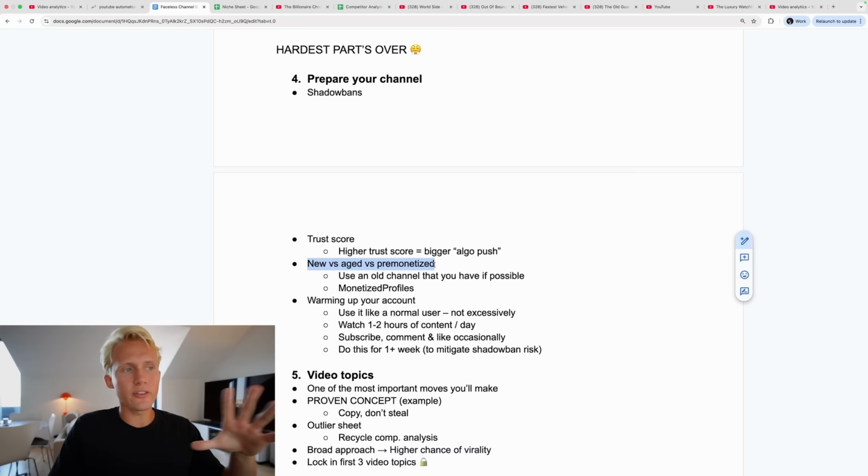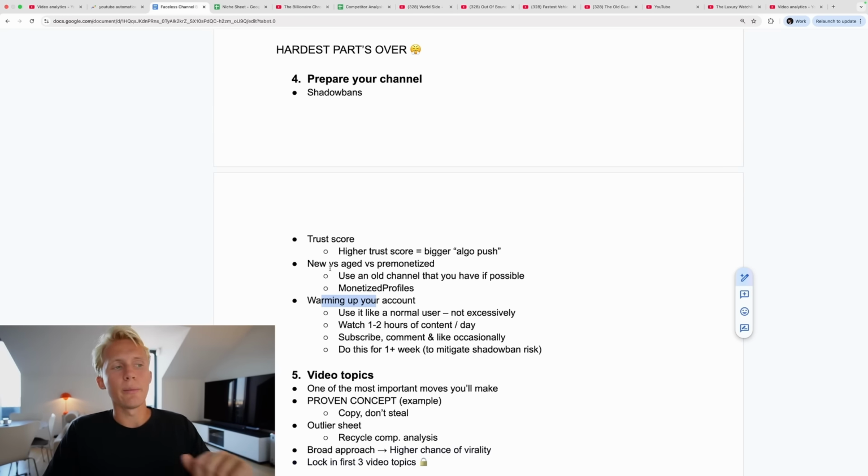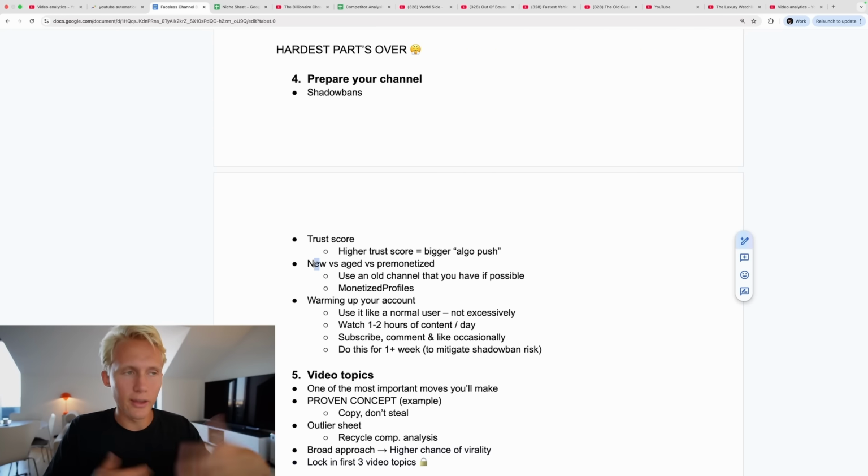And the main differences between these 3 channels, the new ones, obviously since they are very recently created and added to the platform, the trust from YouTube to them might not be the highest, since it's logical, it's a new channel, right, that has just been created. So they have a slightly low trust score. You do need to warm it up, which I'll show you guys in a second how to do, but you do need to warm it up in order to be safer.